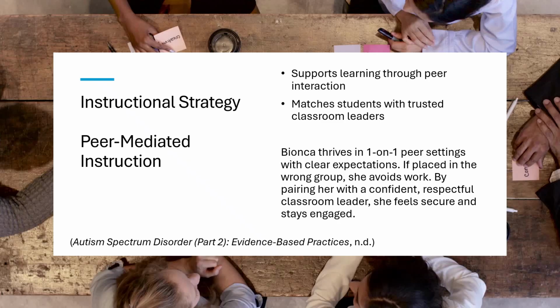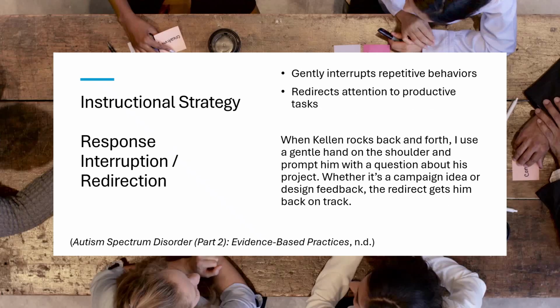So, Bianca, I need you to work on slide 5, and on slide 5 we're going to include this, and then Bianca would have it done in 5 minutes, and then add to it. So she really thrived on that one-on-one peer setting with those clear expectations. But if she was placed in the wrong group, and sometimes it does happen, she would avoid the work, or if the person wasn't as trusted by her, she would walk around. So I had to be very careful in who I did that with, and I noticed that a lot and made those adjustments. She has to feel secure to help her stay engaged. Otherwise, she's just walking off, and she doesn't care.